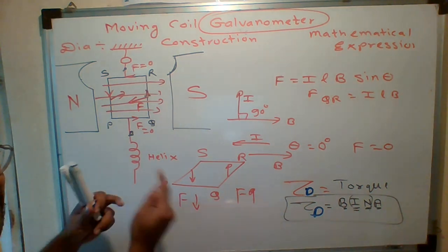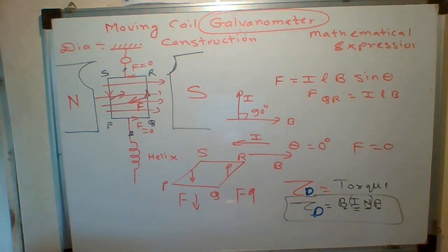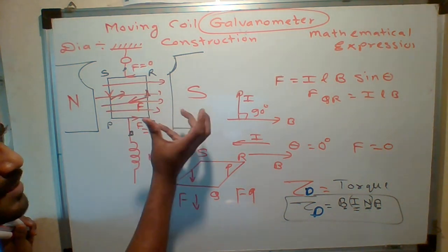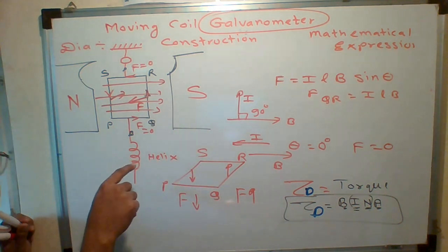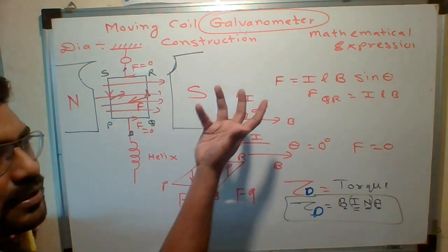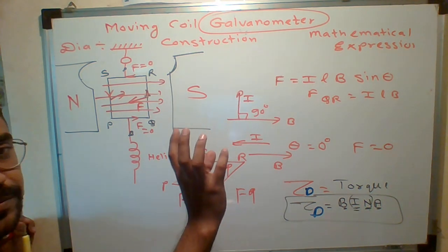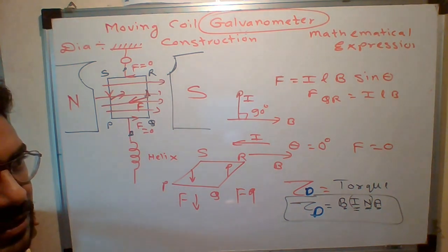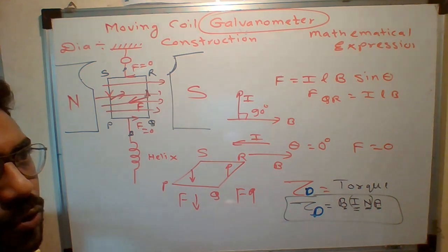When the coil rotates, what will happen to the helix? The helix is like a wire, like our landline telephone wire. This is a helix wire, a spring-type structure. When it rotates, a restoring force will be generated in the spring. And when current is zero, it turns back to its original position. Like the pointer in a galvanometer, milliammeter, ammeter, voltmeter: when current is passing, it shows some deflection, and when current is zero, it comes back to the original position.